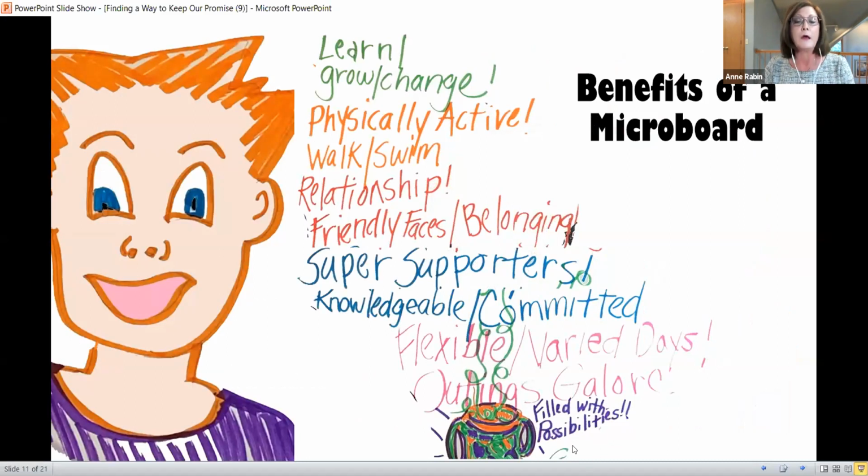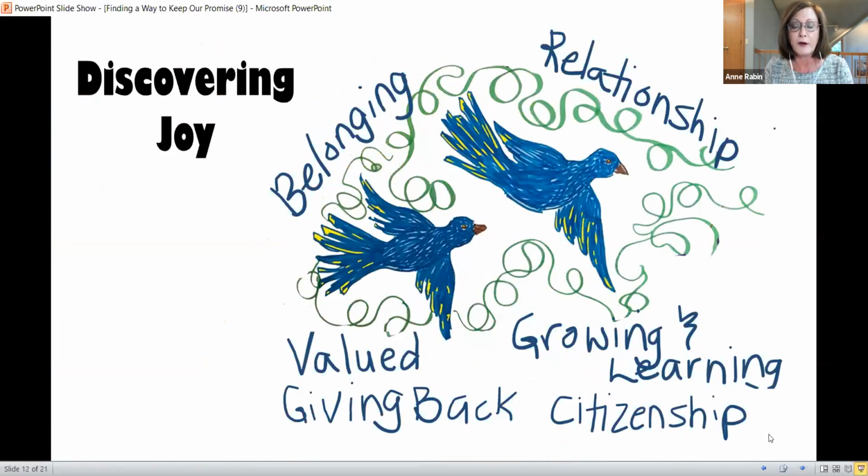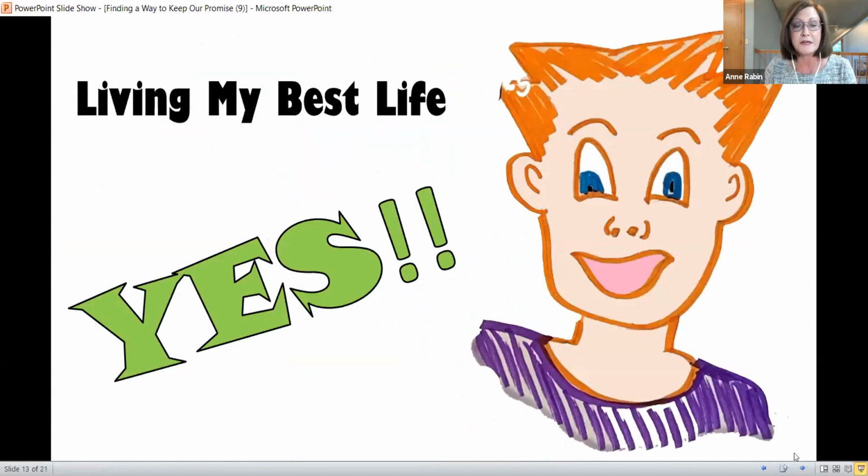He's a happy guy. He is learning, he's growing, he's changing. He's getting the physical activity that he wants. He's walking and swimming. He's got relationships and many other wonderful things that are important to him. So we all have a sense of terrific joy. And this shows the sense of joy that we all have, that Stuart has, his family, and his supporters, but also people he comes across in the community are very impressed by what he can do and that he is out and doing things. So his caregivers like to say that, yeah, Stuart is living his best life,